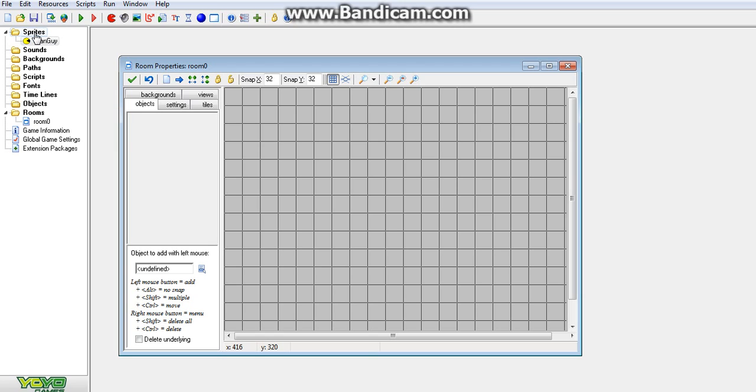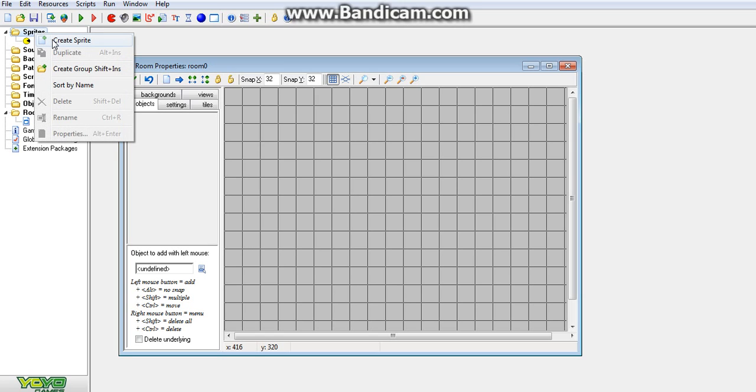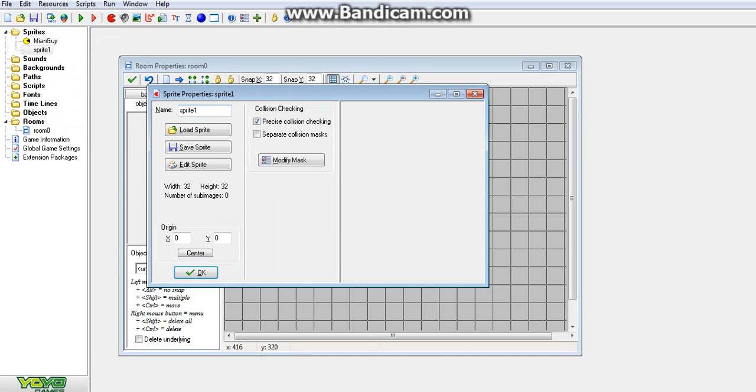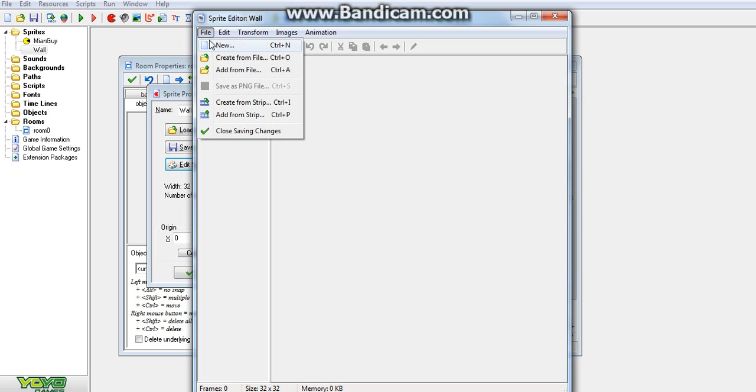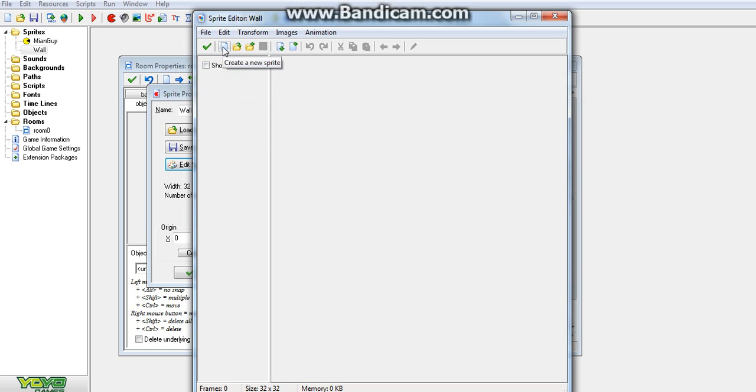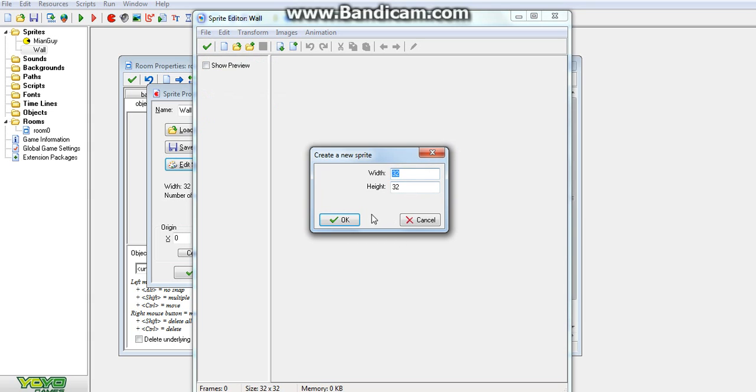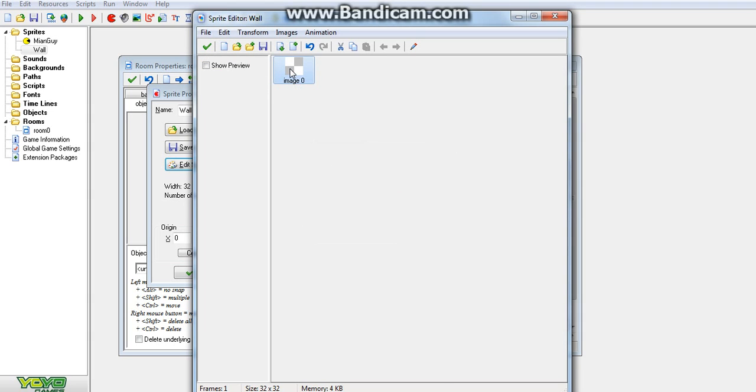So we're going to create another two sprites quickly. So again, right click, create sprite. I'm going to call this wall, and edit sprite, create new sprite again, so you can go file new or just click here, 32 by 32, okay, double click